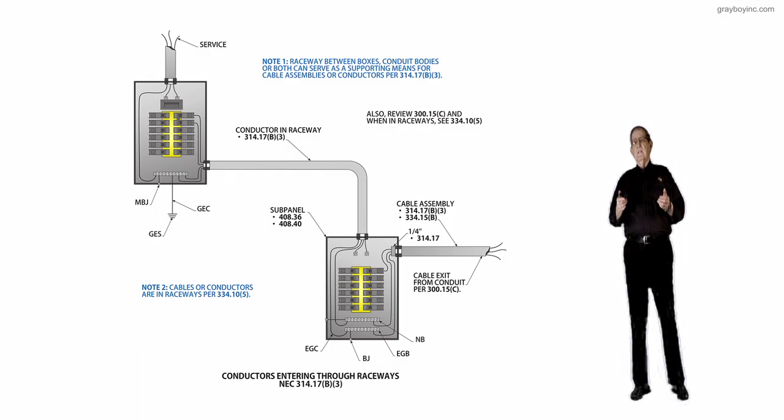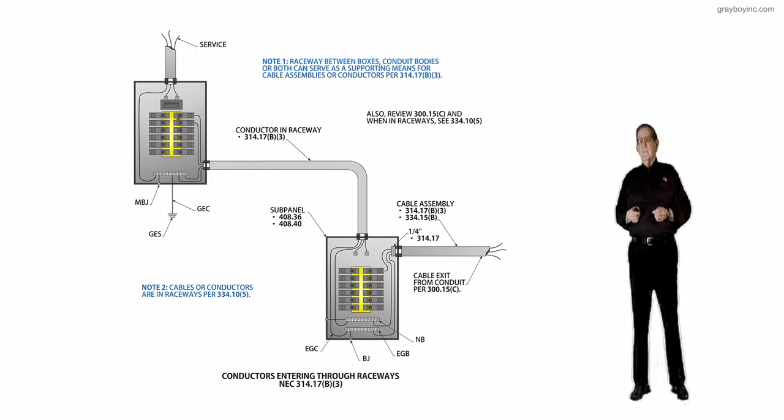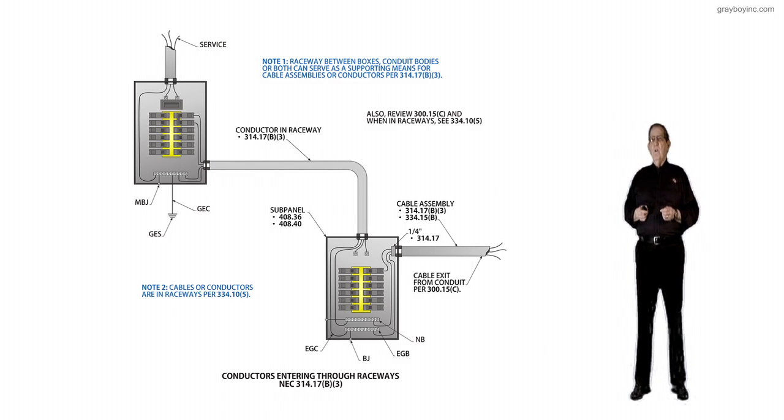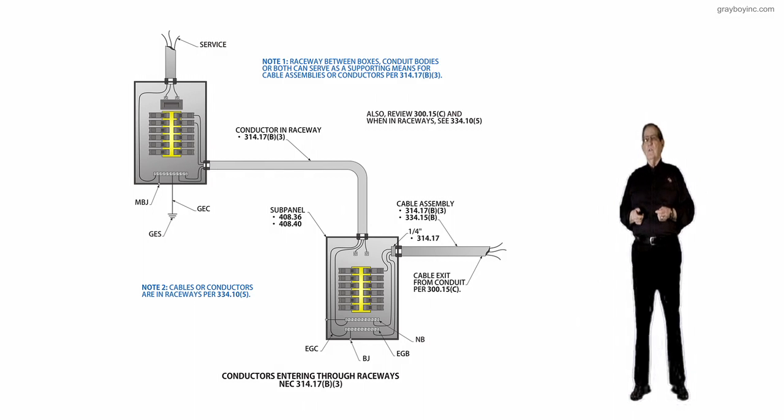It's been actually placed in both of these articles so that no one can say, well, it's illegal to put a cable inside the conduit. And then you can see as the cable exits from the conduit right below the cable to the right of the subpanel, then notice the cable exits from the conduit in accordance with